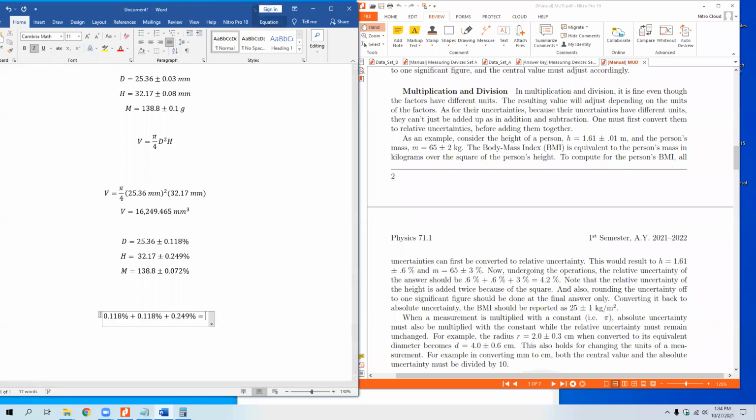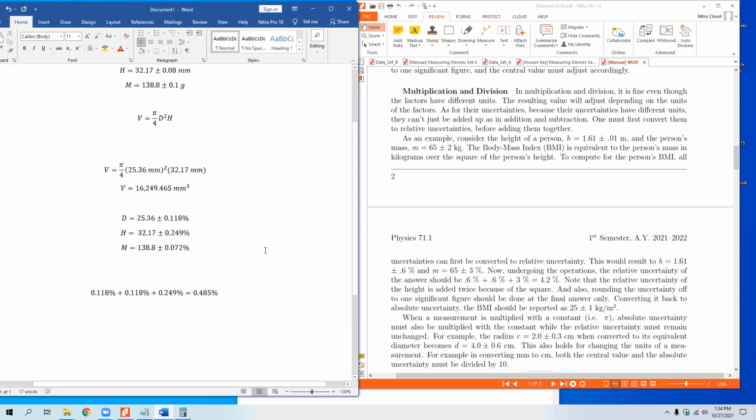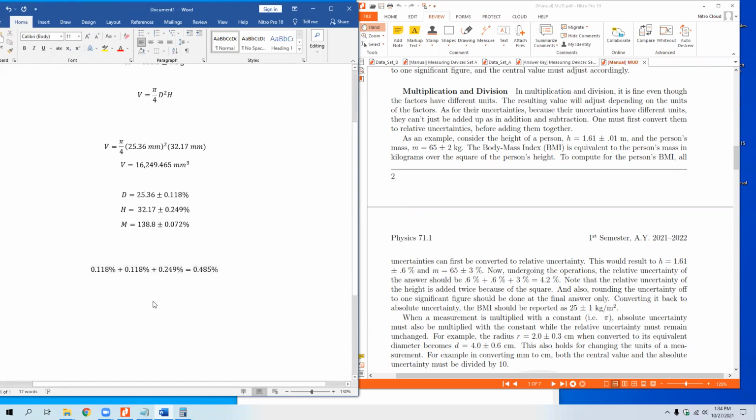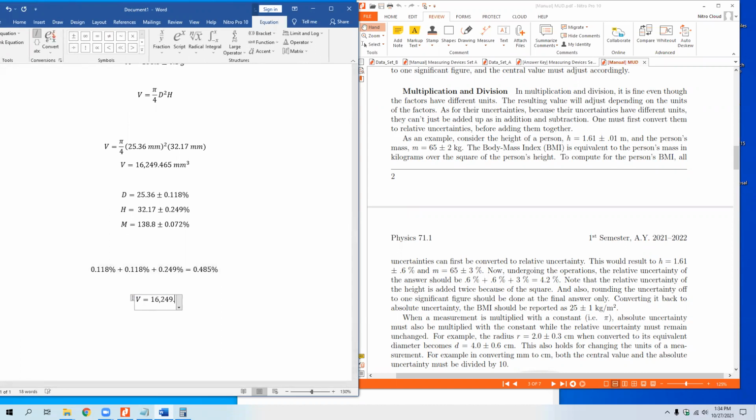We will get 0.485%. So this 0.485% can be converted back to an absolute uncertainty. Since we already have 16,249.465 plus minus 0.485%, the conversion is done as follows. We will get 100%, 249.465. We should get,